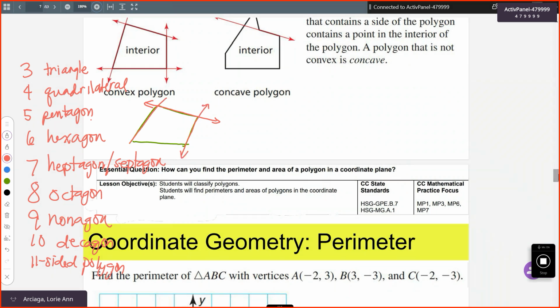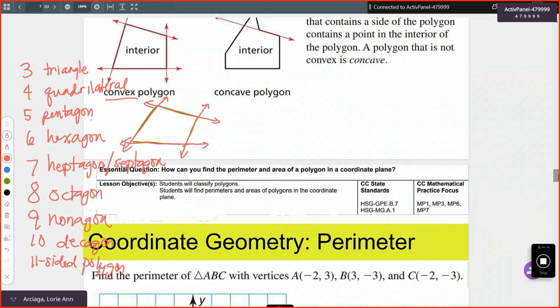Okay, so just make each side longer. Now, what do you notice? Did any of my red lines pierce through the polygon? Did it ever cross the inside? No, it never went inside the polygon, right? So if you extend all the sides and no extension went inside the polygon, you call that one a convex